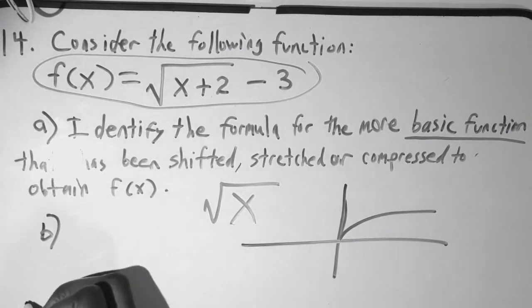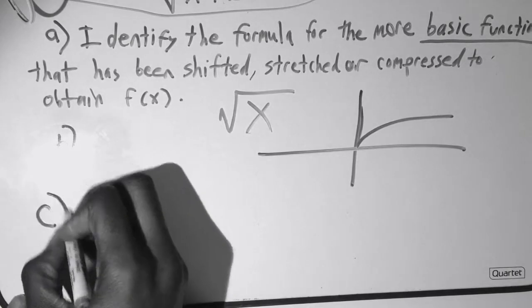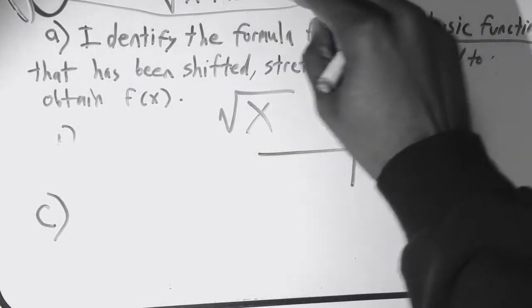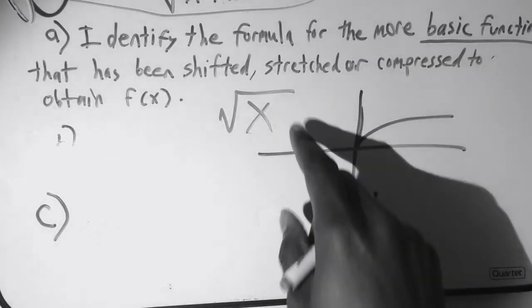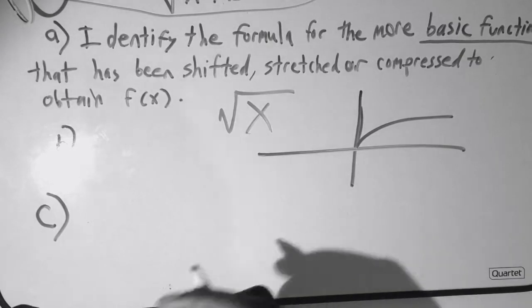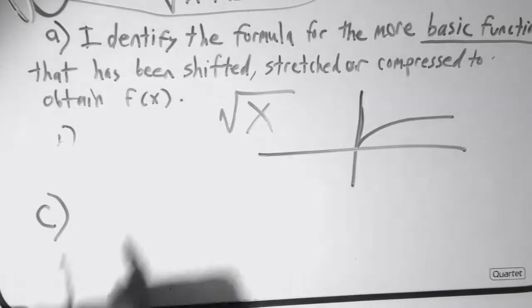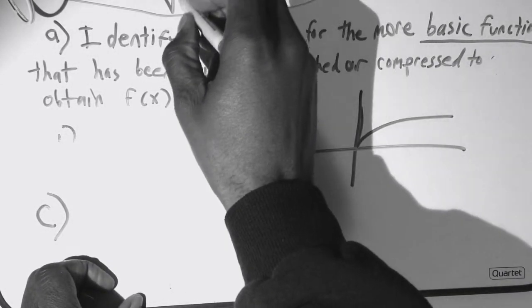And the third question it asks us is to graph this function here by indicating how the basic function found in the previous step has been shifted, stretched, or compressed. So we can graph this function by first finding our center points, or by first finding where it starts. What I like to do is take out this,